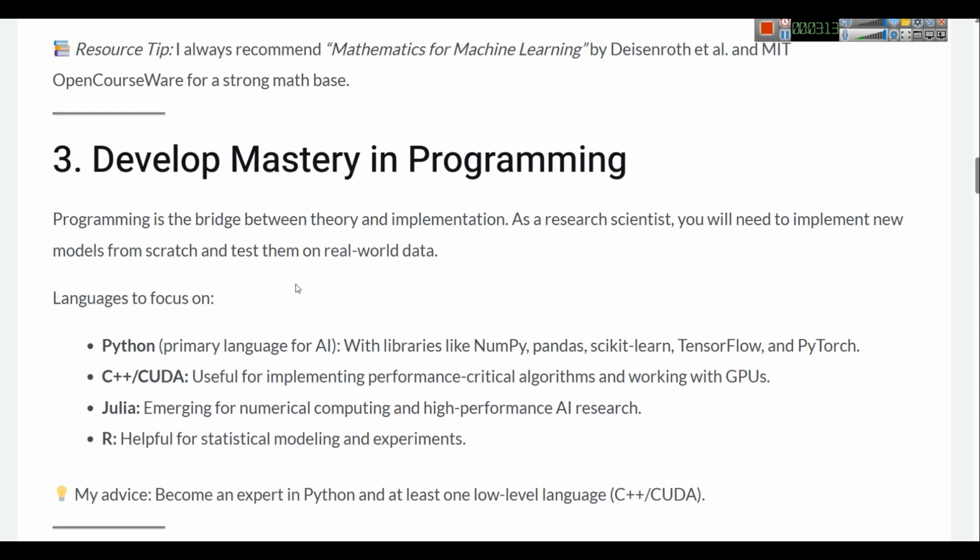Then you need to develop mastery in programming. Programming is the bridge between theory and implementation. As a research scientist, you will need to implement new models from scratch and test them on real world data. Languages to focus on will be Python, that will be your primary language for AI, with libraries like NumPy, Pandas, Scikit-learn, TensorFlow, and PyTorch. Then you need to learn C++ and CUDA, which is useful for implementing performance critical algorithms